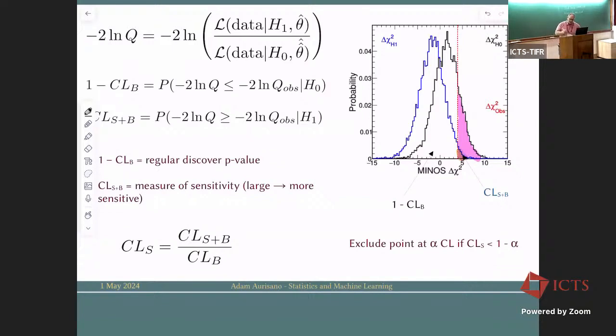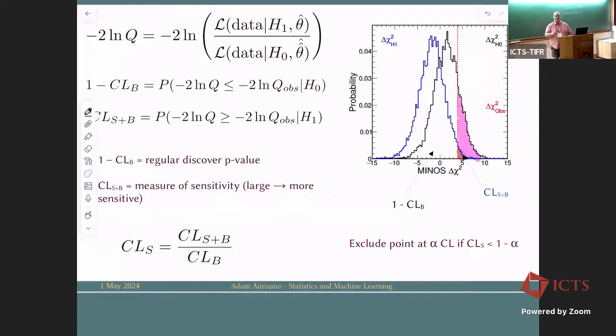This other one, this CLS plus B, is a measure of sensitivity. The bigger that is, the more sensitive you are to the alternate hypothesis that you're looking for. And then you construct a thing called CLS, which is the confidence in the signal only, which is the CLS plus B divided by CLB. And the idea here is that you exclude a point at alpha confidence level if CLS is less than 1